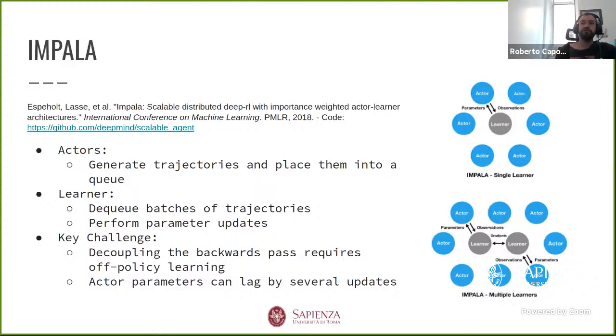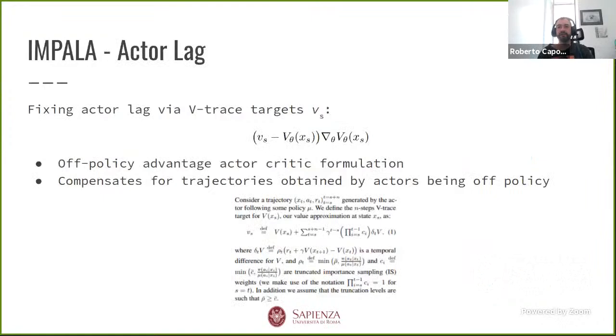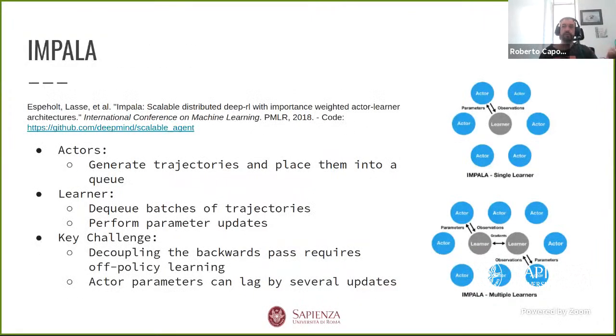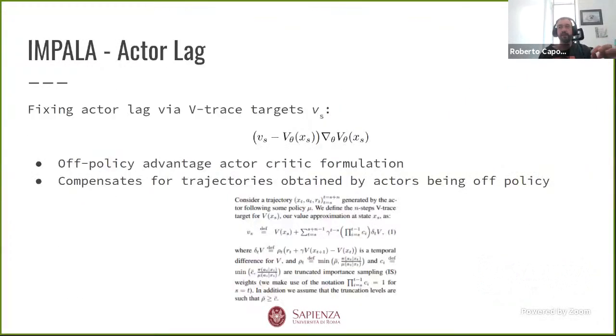So you need to change the way you're doing training, because the actor parameters can be updated at different times, so they can have different versions of the central policy that we have. So they can be much behind what is the current state of the policy. So how can we solve this? So as I mentioned, first of all, we need to do off-policy learning, and